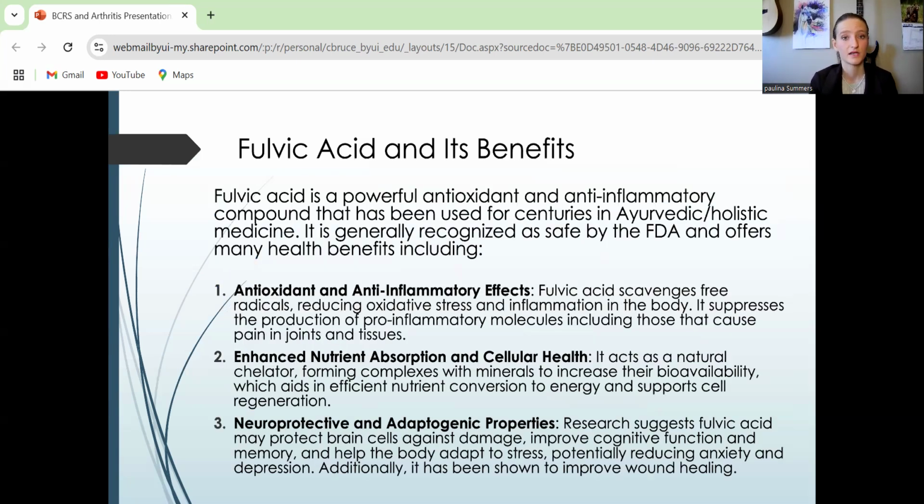So, fulvic acid and its benefits. Fulvic acid is a powerful antioxidant and anti-inflammatory compound, and it's been used for centuries and seen as a holistic medicine. So, what does holistic mean? Holistic medicine is basically focusing on the whole body as a whole. With a lot of different types of medicine, we look at the problem that we are experiencing and just focus on that area. With holistic medicine, it's a different approach. We look at the whole body and try to look at everything that may be affecting that area